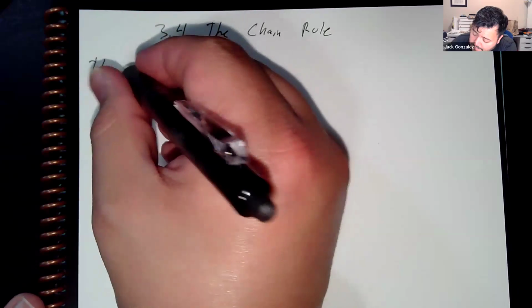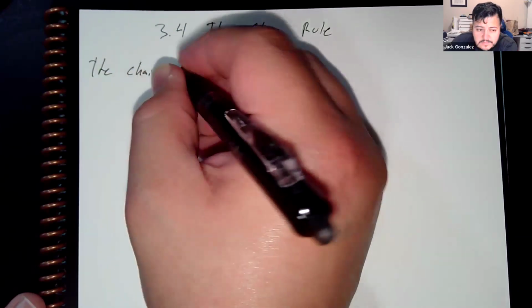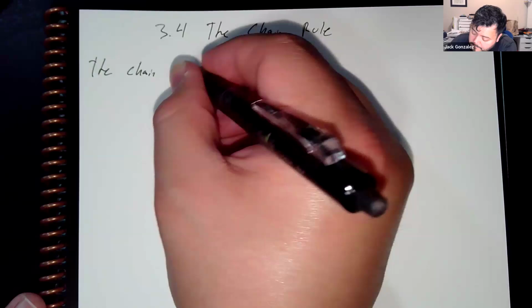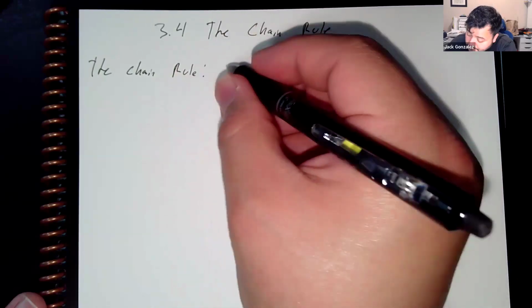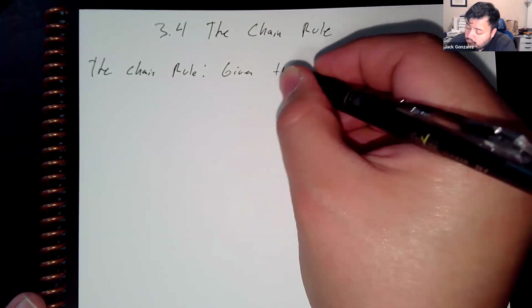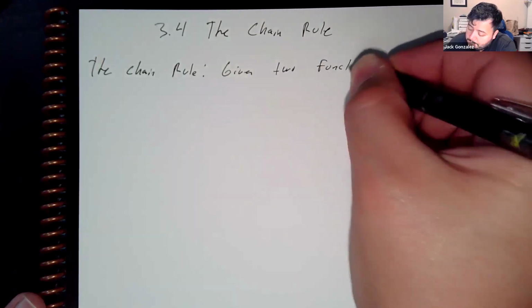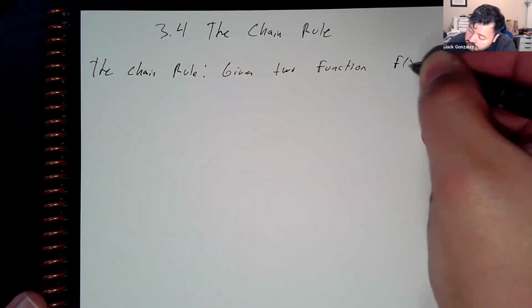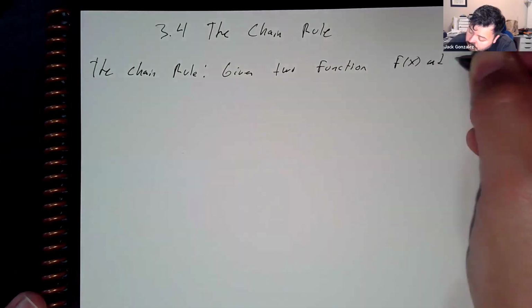It's one of the harder ones to understand at first. It's just kind of strange. So given two functions, f of x and g of x,